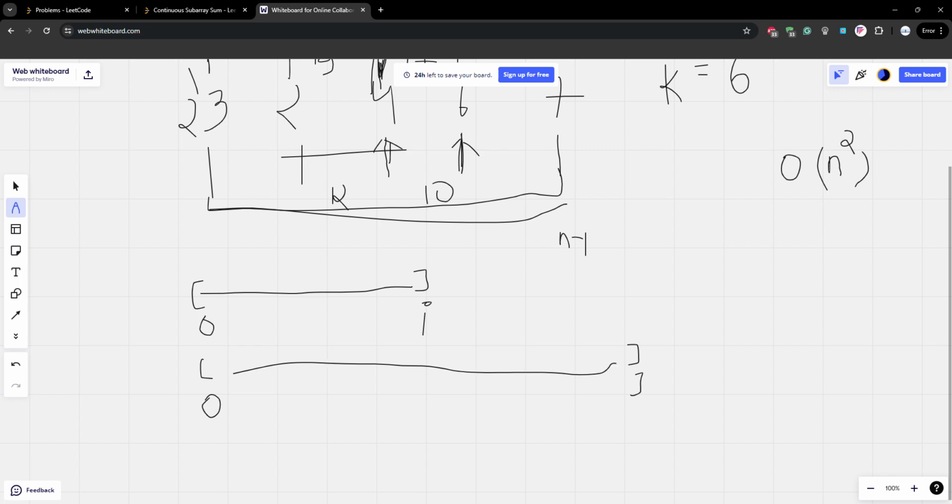Now, we want to find out whether the subarray from index i to j will be divisible by k or not.